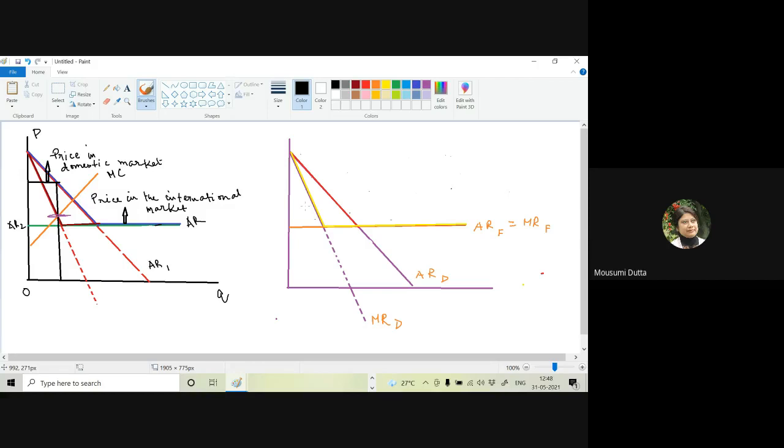So I think before coming to the next class, you should go through the issue related to price discrimination, when it is related to third degree price discrimination. First degree and second degree, you don't need to cover at this moment. Just check the third degree price discrimination. What is happening? How we derive the aggregate average revenue curve, how we derive the corresponding marginal revenue curve. So first you go through these things, and then whatever problem you have, that I'll check. I think that will be easier to understand.